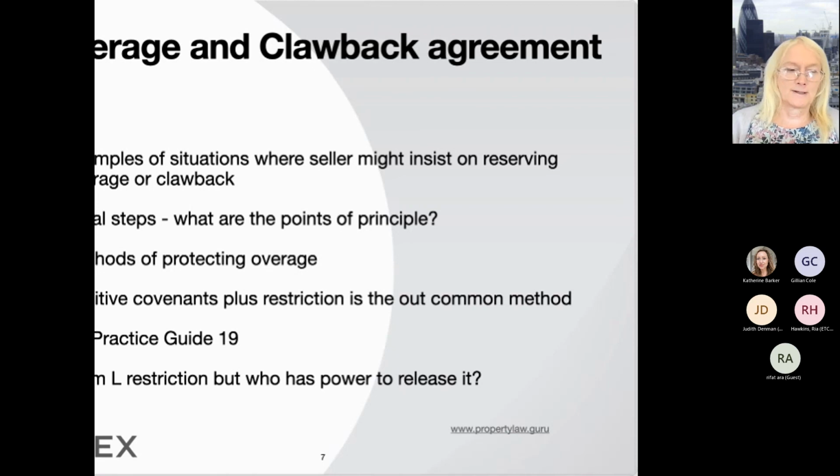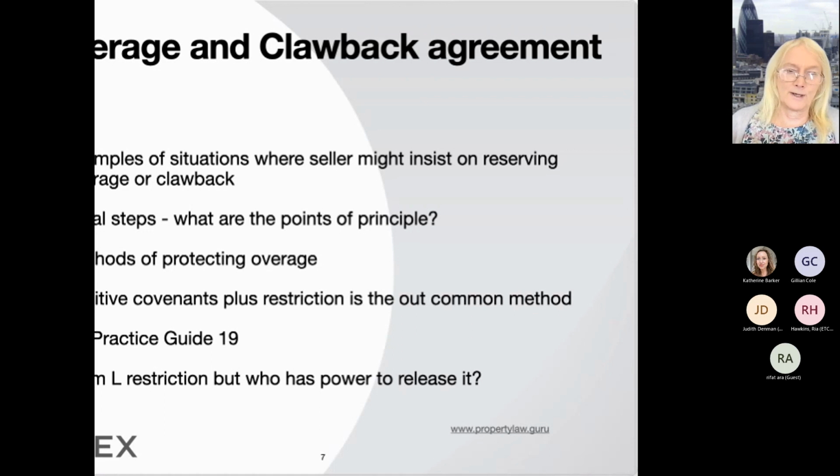And it may well be that the most cautious way is that it will be produced by the sellers or their conveyancers within 14 days of payment of the overage due, as certified by whoever is going to certify it, and that this will be provided prior to completion to be held by the builder's solicitor in escrow and will be released on payment of the overage, and then to be held on a solicitor's undertaking to the seller, so that the seller has got some way of enforcing that against the builder's solicitor.